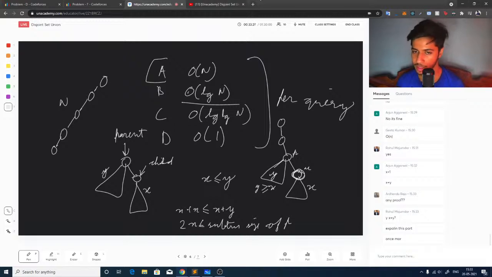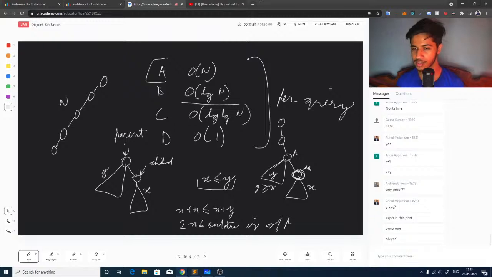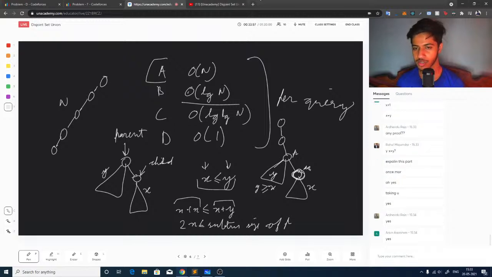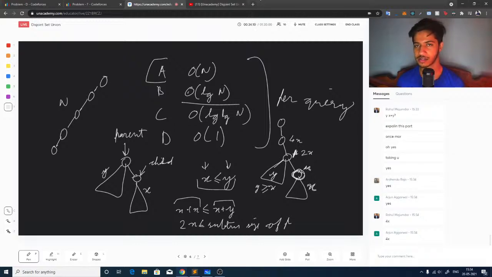Okay, I'm explaining. The subtree size of u is x, the subtree size of p except u is y. So what will be the subtree size of p? x plus y. But x is less than or equal to y. I added x to both sides, right? So x plus x will be less than or equal to x plus y. This is the subtree size of p, and this is 2x. So the subtree size of p must be at least 2x, right? So u has subtree size x, p has subtree size at least 2x. So p's parent will have subtree size at least 4x. So if I go to the parent L number of times,